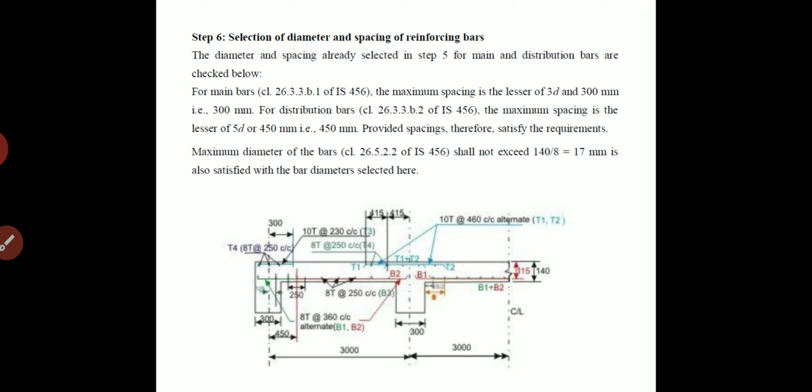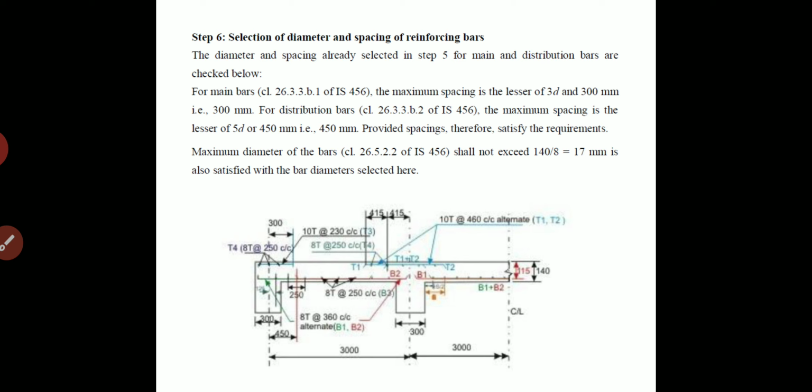Maximum diameter of the bars. We select from Indian Standard Code IS 456/2000 clause 26.5.2.2 that it shall not exceed D by 8. So here capital D is 140, and 140 divided by 8 equal to 17 mm.